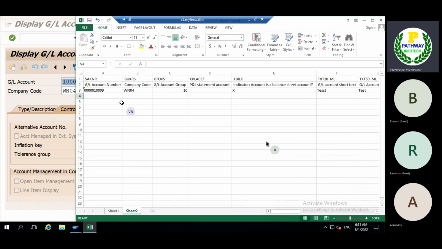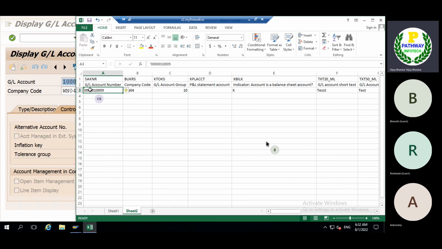Even in real time, in an implementation project, when we want to upload GL master data, as consultants we are responsible for creating the format and the template. We give this template to the business end users, the responsible persons, who fill in each and every field and give it back to us to upload into the system. Just for your information.